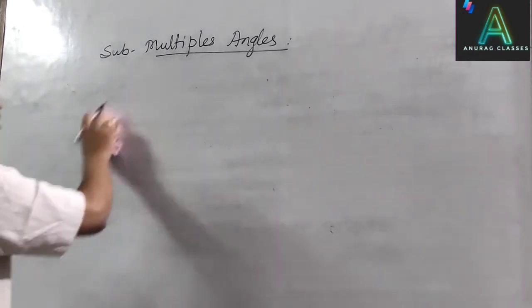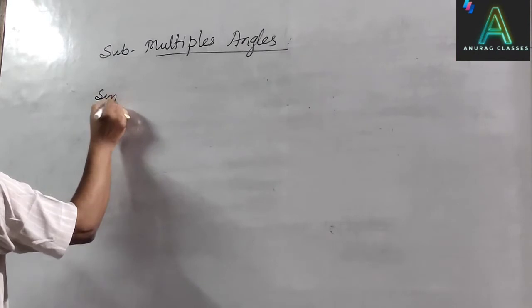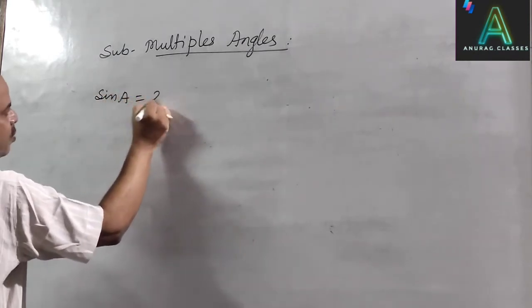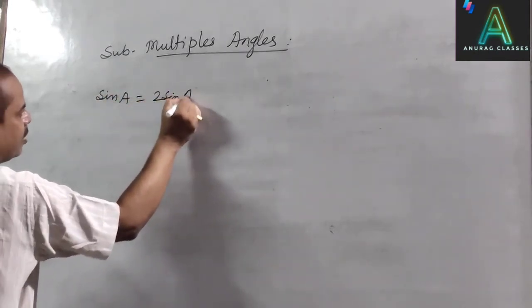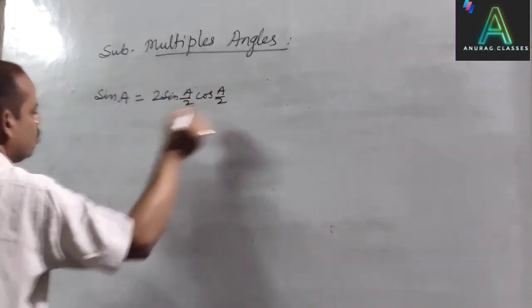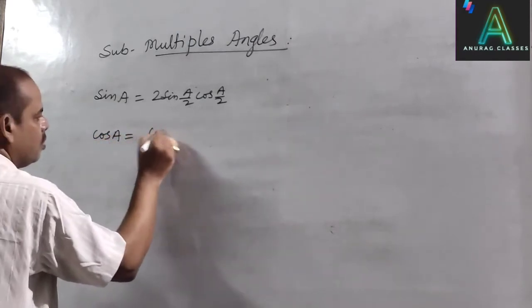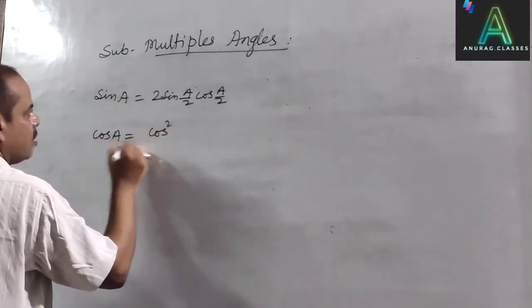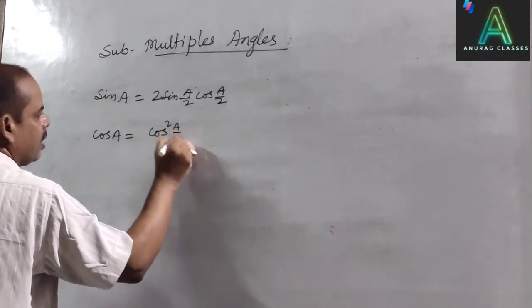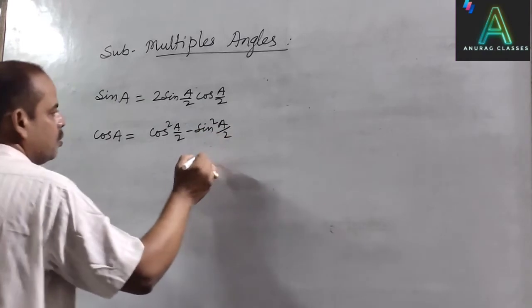In submultiple angles, I am going to give you only three formulas, whereas sin A is equal to 2 sin A by 2 cos A by 2, cos A is equal to cos square A by 2 minus sin square A by 2,